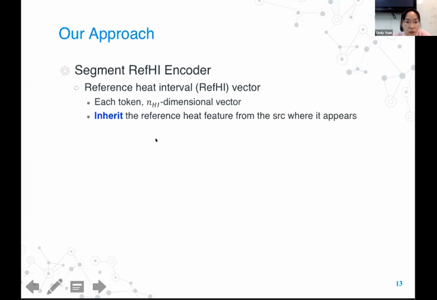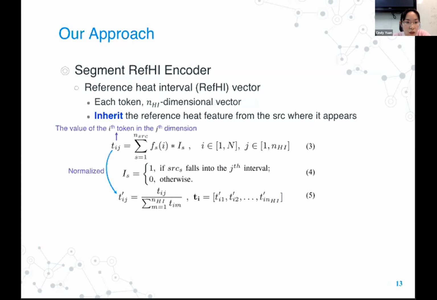Then we can create an NHI dimensional vector for each token. The idea is that each token can inherit the reference heat feature from the source file where it appears. With formulas, the ref HI vector for the ith token can be represented as this Ti.